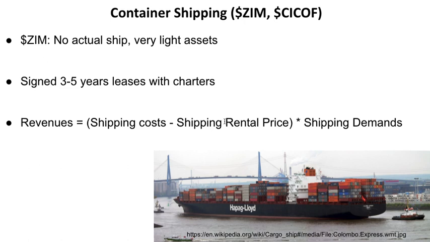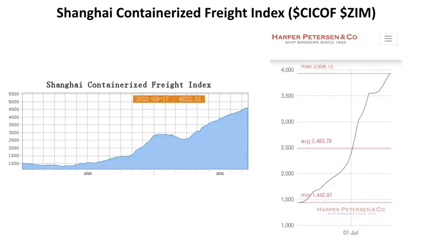They won the IPO at $10 in January this year, and now trade at $60, and that's like 6 times, which is amazing. And basically, if you want to look at the cargo shipping cost, you have to look at the Shanghai Containerized Freight Index. And now, as we talk about it, it's making an all-time high again. You can see this freight index actually goes up quicker than the rental cost. So that's why companies like ZIM, especially as they secured a lot of 3 to 5 year long-term leases,